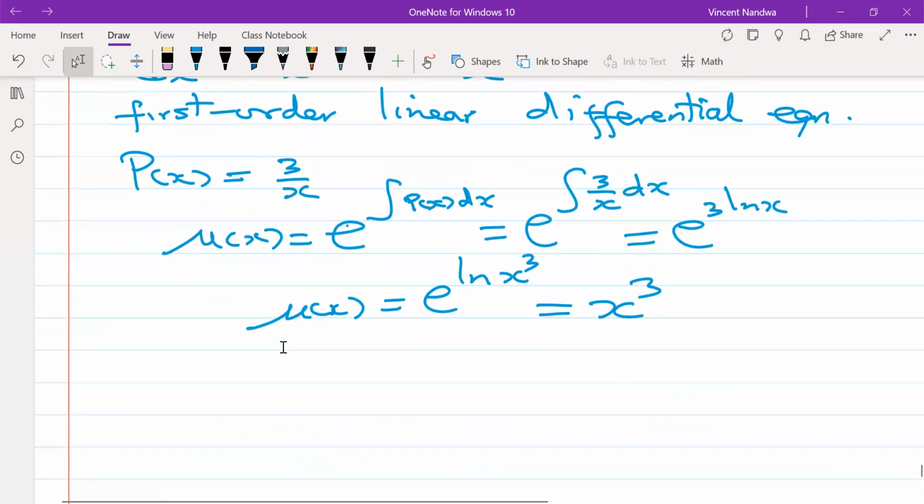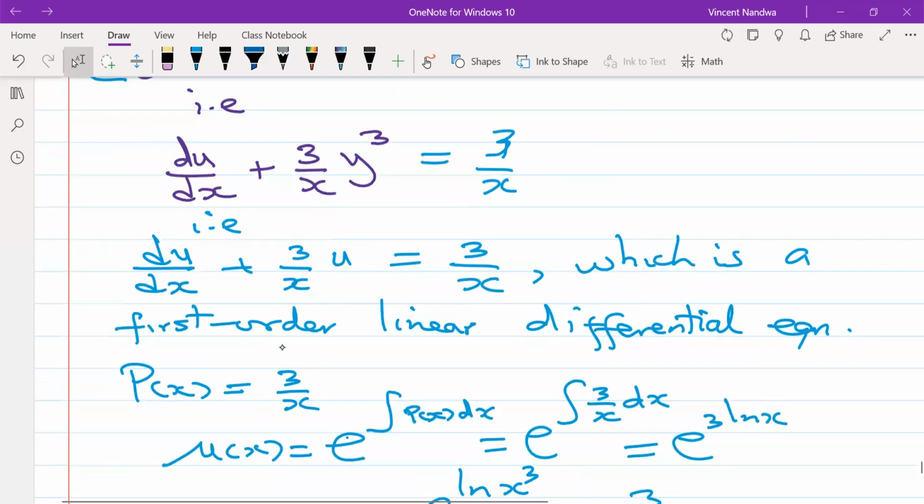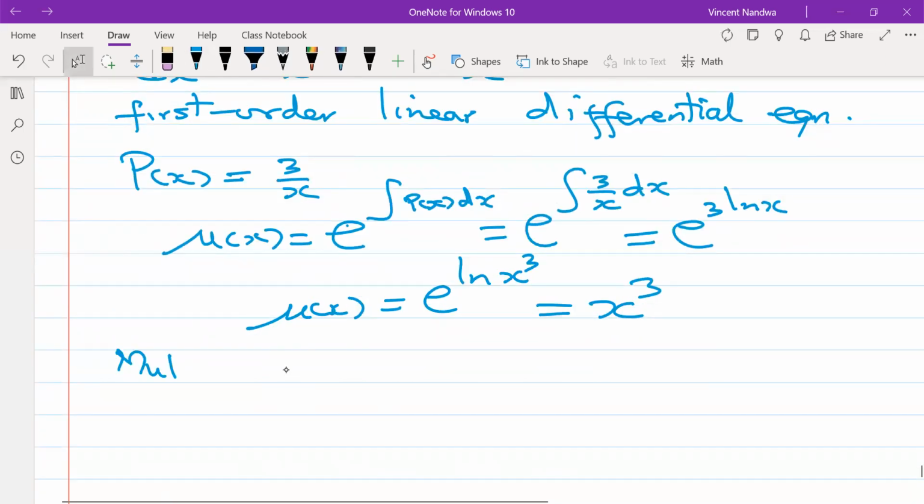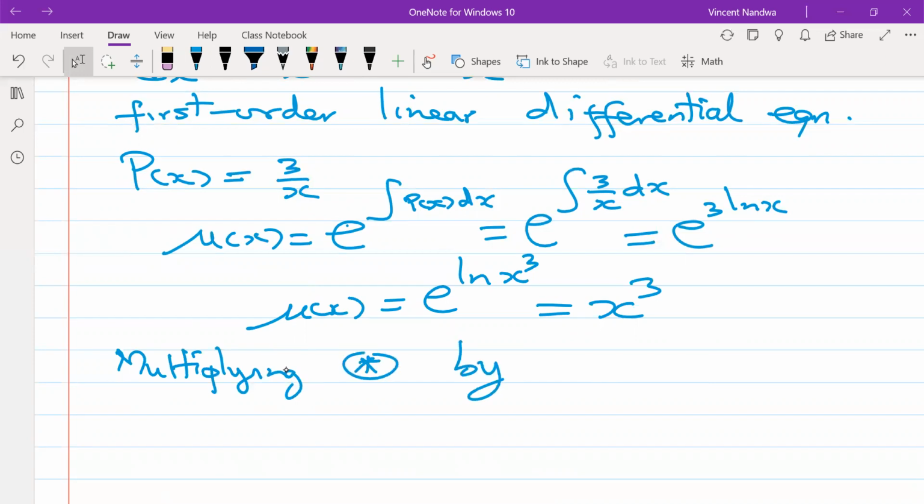Now, multiplying, if I call this equation star, by mu,